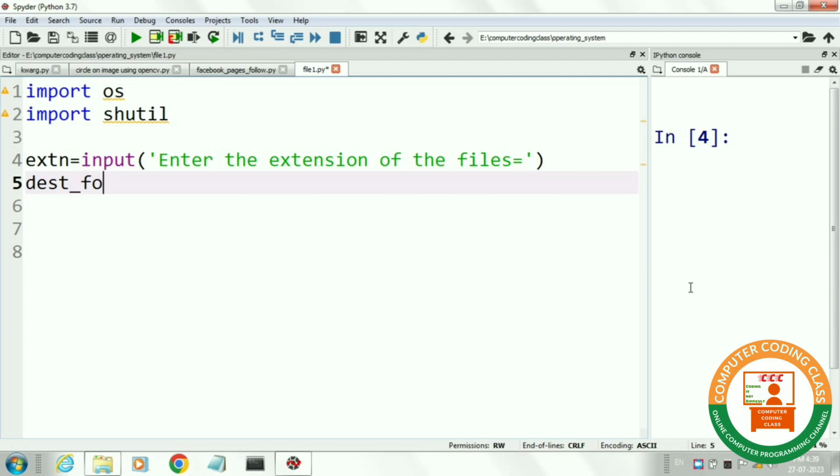Next, we will ask the name of destination folder from the user where we will copy all the files. Here, user will input destination folder with path where he wants to store all the files.